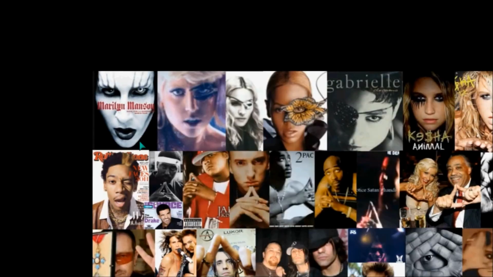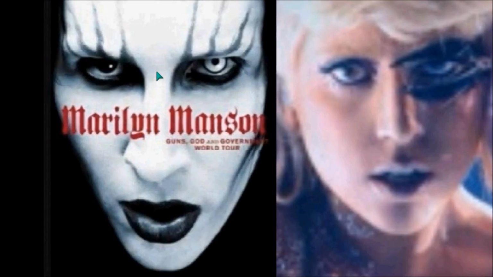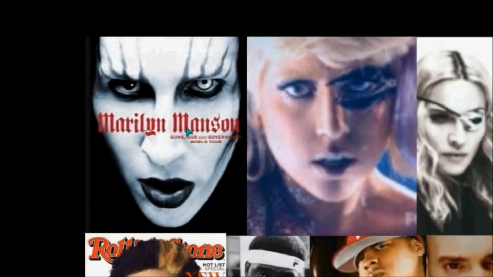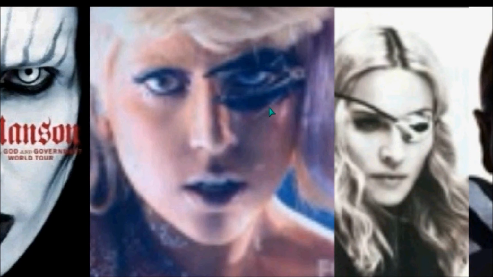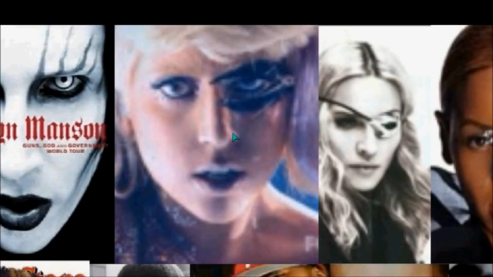Moving along, again with Eye of Lucifer symbology. Now we can understand this image completely. Marilyn Manson and the use of this distinction of the eye in this contact lens. It is the Eye of Lucifer. This is a variance, and so we can understand, here's Lady Gaga, the use of this one eye symbolism in just